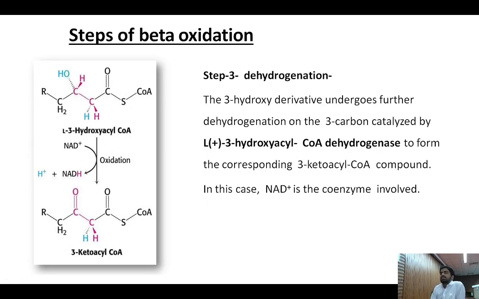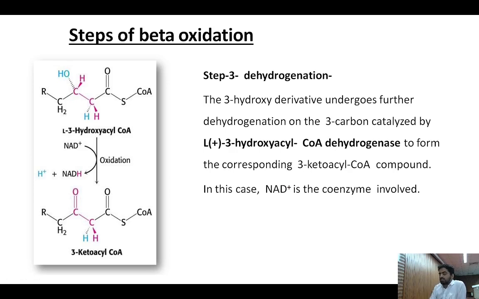Next step, this is oxidation again. The third step is also oxidation. So hydroxyacyl coenzyme A gets oxidized with the help of NAD plus. There it was FAD, here it forms NADH, and ultimately leads to formation of ketoacyl coenzyme A, with the help of the enzyme hydroxyacyl dehydrogenase. So oxidation is happening with the help of dehydrogenase enzyme in the first and third reactions. In the first the cofactor was FAD. In this third step, the cofactor is NAD plus, forming ketoacyl coenzyme A.